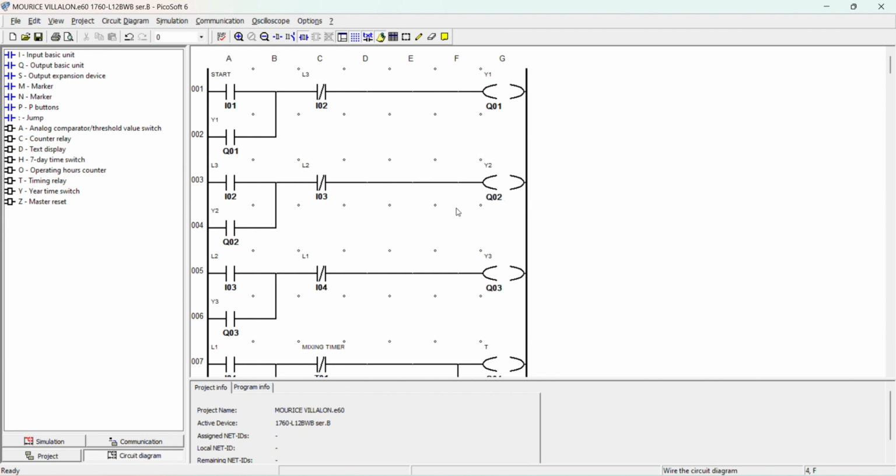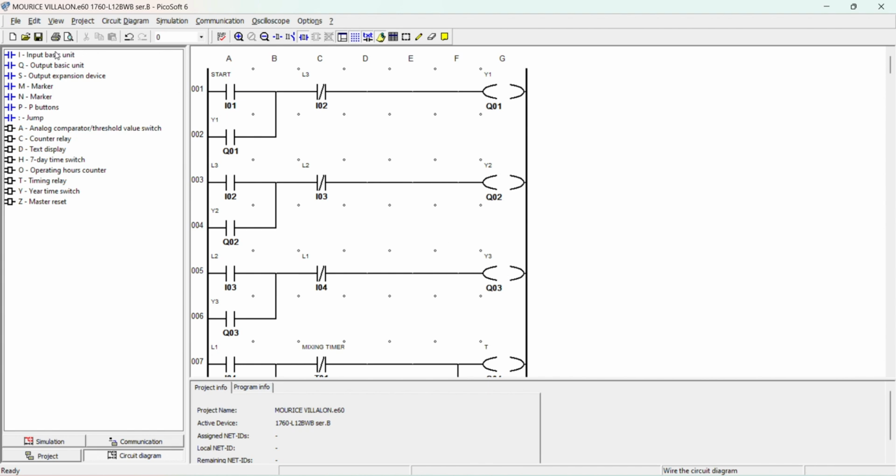I simply put the output here, the Y2 output. Then for the third liquid, this L2 sensor will trigger to stop, and then it will start the Y3, or the third liquid, liquid C, for which I put an output, this one.